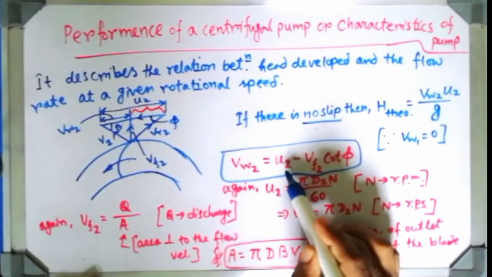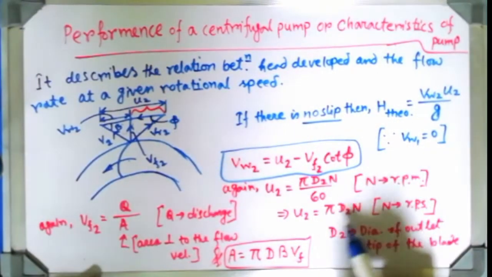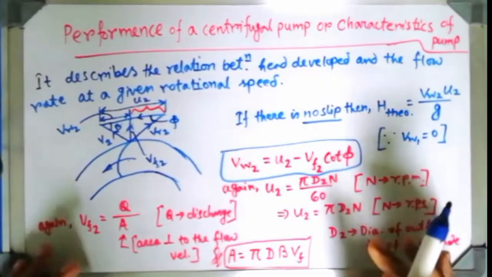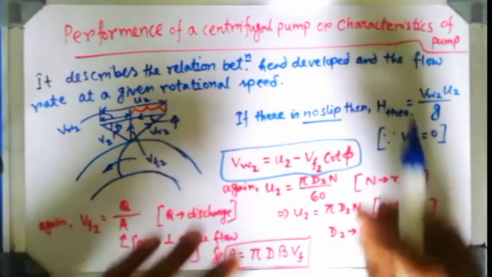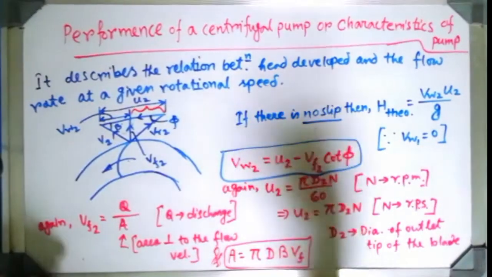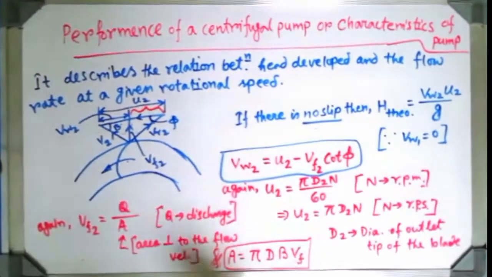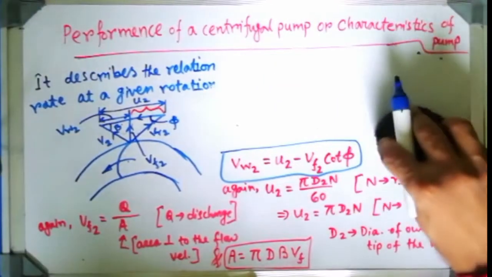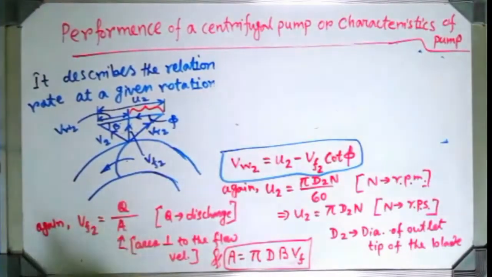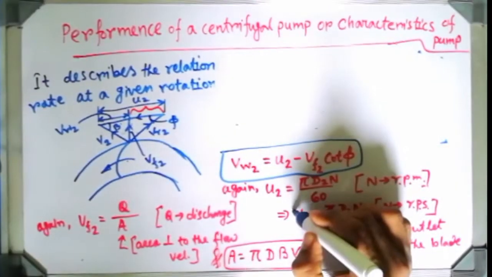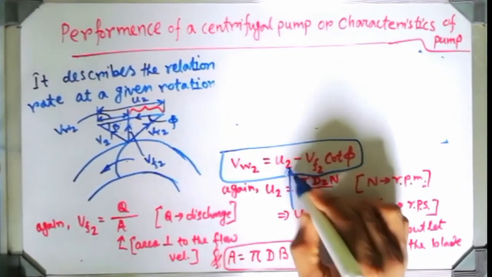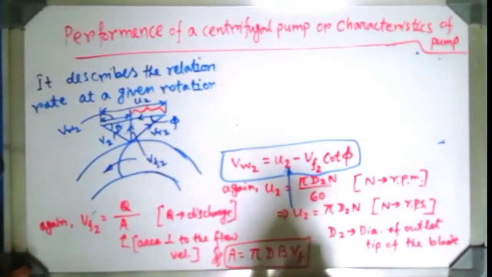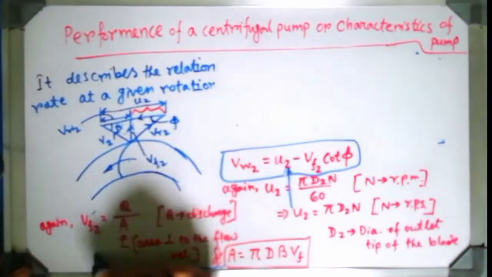Now we are going to substitute this u2 by this expression and vf2 by this expression. Now all these things obviously will be replaced in this expression. Then what we are getting, you can see. Check it out. We are just substituting u2 from here over there, and vf2 will be going from there. Obviously this area will be substituted by this.